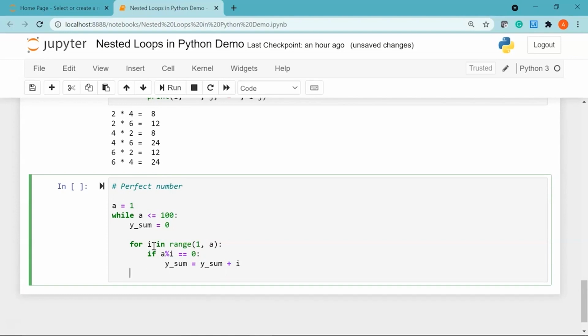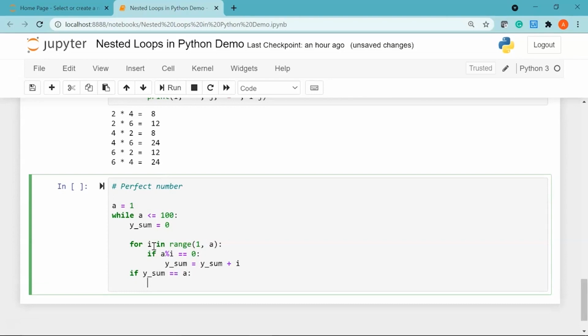Then I'm going to say if my y_sum value is equal to my a value, then it's a perfect number.